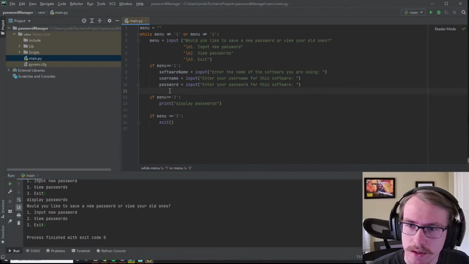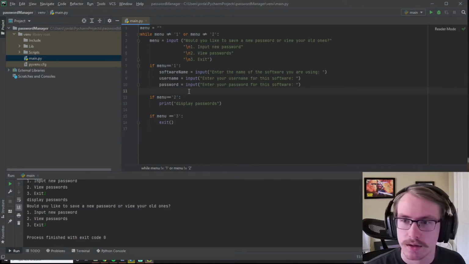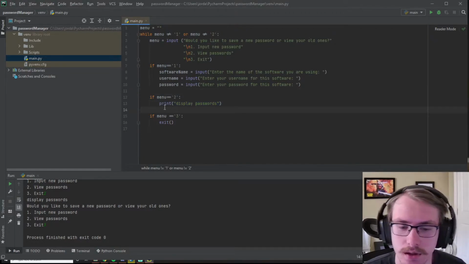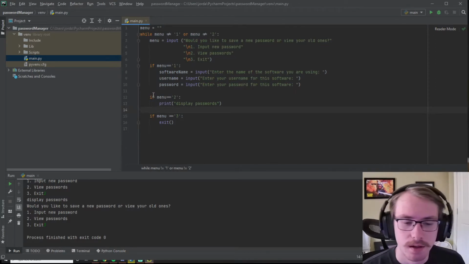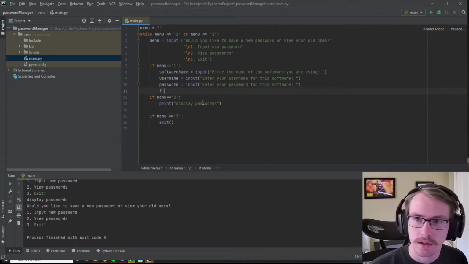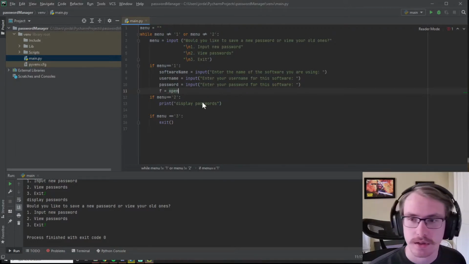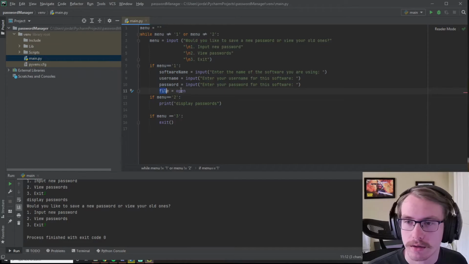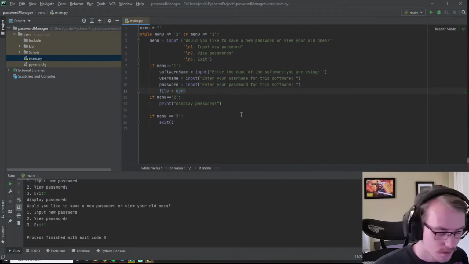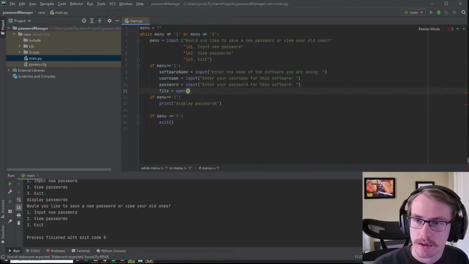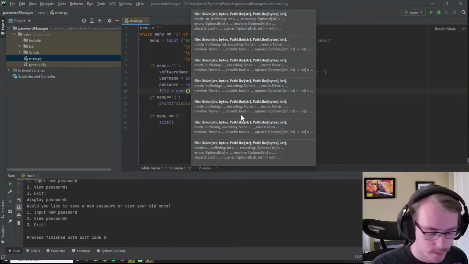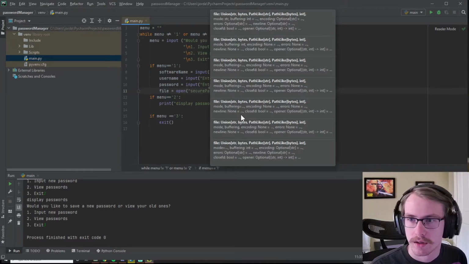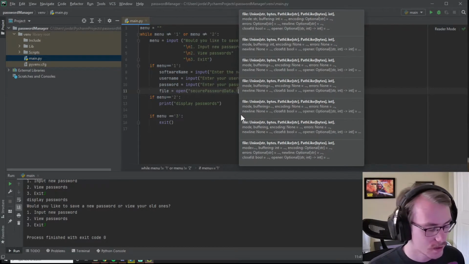Let's do the saving to a file. So let's save all the data to the file, and then let's get displaying that data. To open a file in Python is relatively easy. Just type in any variable. You could do name f or file, equals open, and then the name of the file. So I will do secure password data.txt